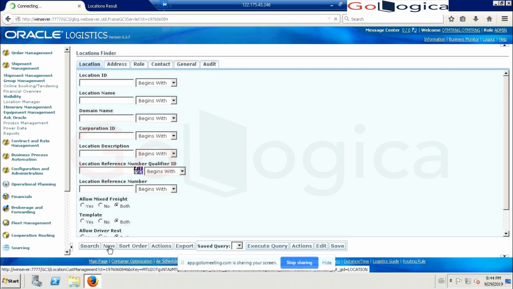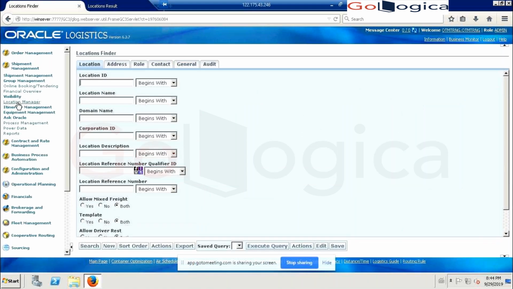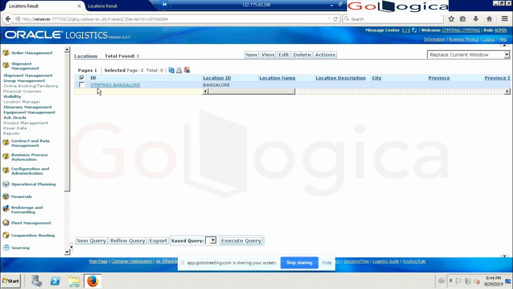I was just saying Bangalore to Chennai, two locations, right? Yeah, two locations. The scenario is a direct shipment from Bangalore to Chennai. I think we have a location called Bangalore that we created the other day. Let me check. I will just edit this, because that day we created it without any details. Okay, Bangalore is there, we created it actually.